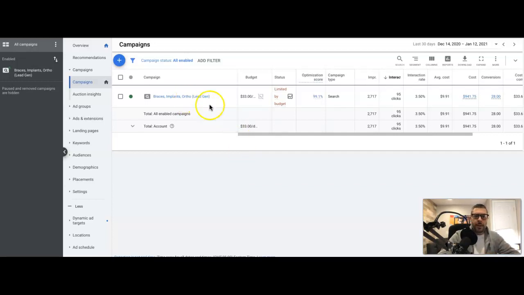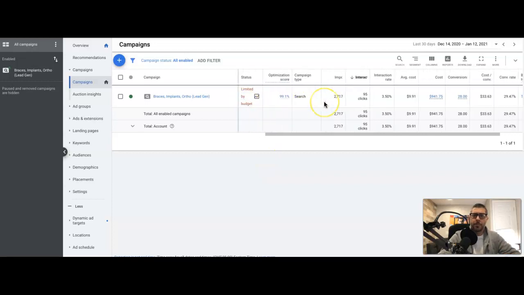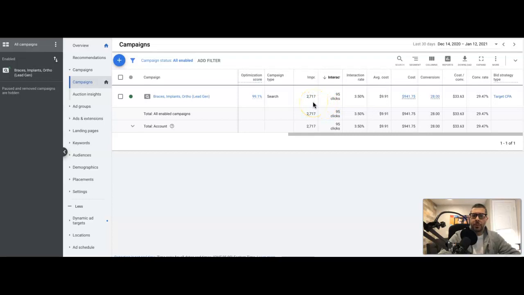Okay, so you're looking at the account right here, last 30 days, which is December 14th to January 12th today. Very small campaign, guys. We're using broad match in this campaign only because the budget's so small. With $33 a day, you can see here it's limited by budget. They've gotten 2,700 impressions, 95 clicks, 3.5% click-through rate. Average cost per click was about $10,